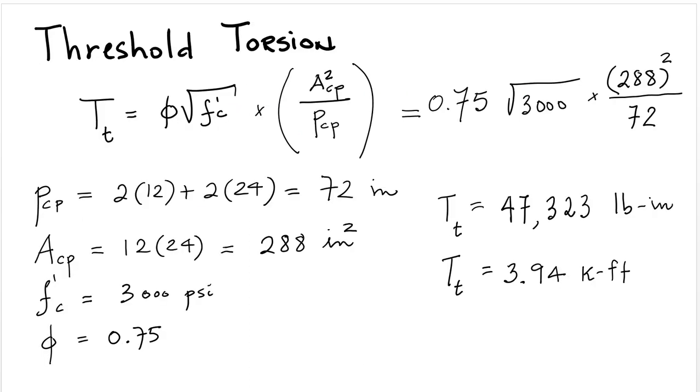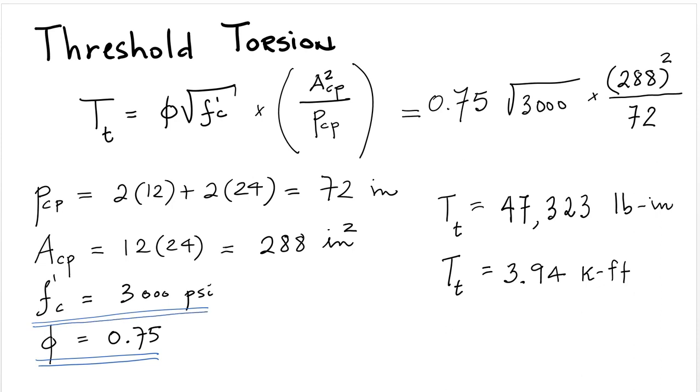The first thing we're going to determine is the threshold torsion. As I have presented in previous lectures, the threshold torsion is the value that defines whether we need to explicitly design for torsion or not. This is the formula for threshold torsion, and the elements of this formula, first of all, is phi, which is 0.75 for torsion, F prime C, which is 3000 psi,